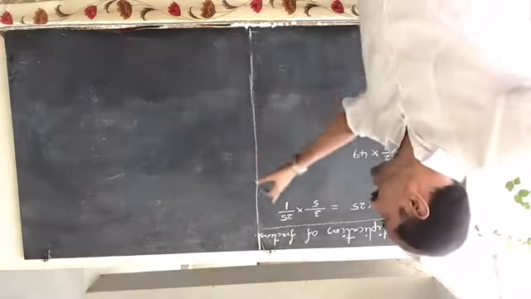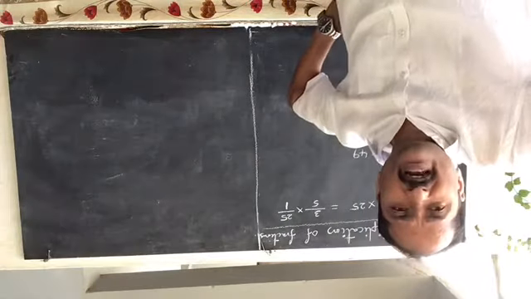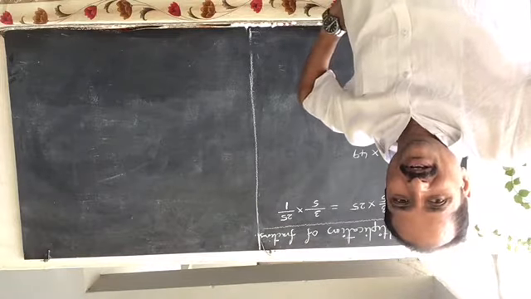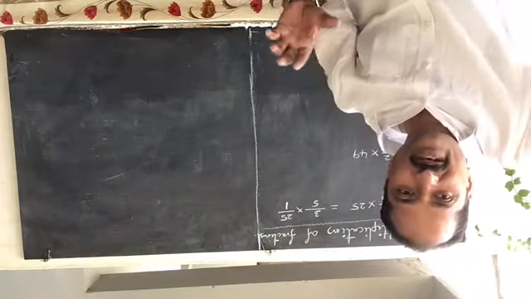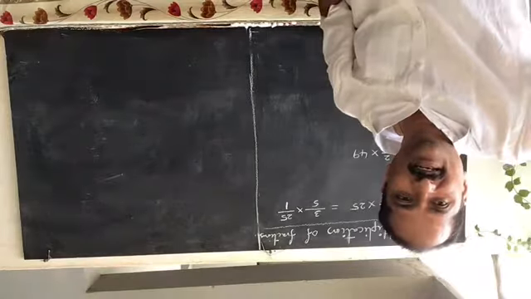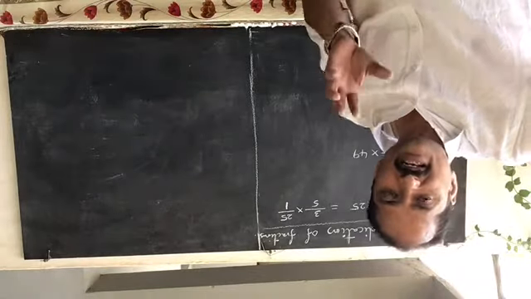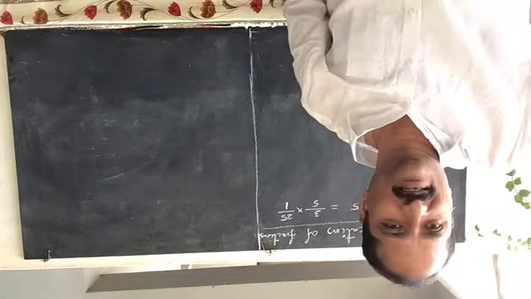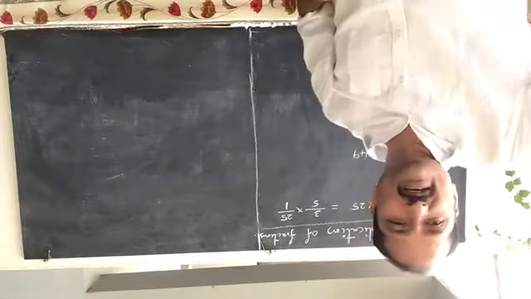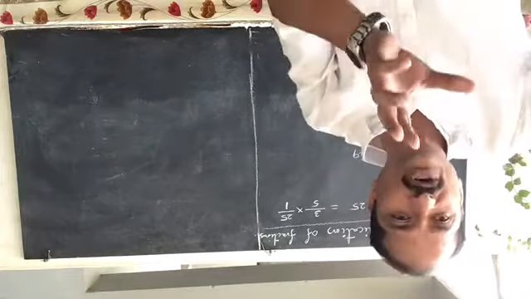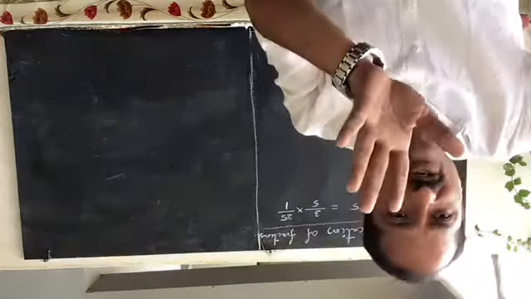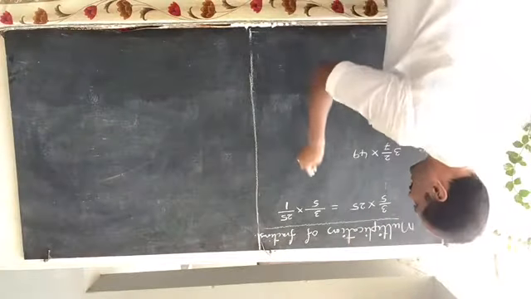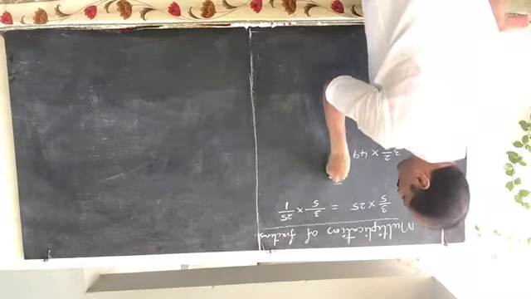So for writing it as a fraction, 25 cannot be written as 1 by 25. Understand, if you are writing 25 as 1 by 25, this is an inverse process. That is the inverse of 25. But here we are writing 25 only. 25 means 25 by 1. You should write it as 25 by 1. Now here,